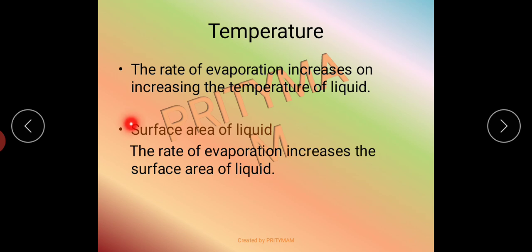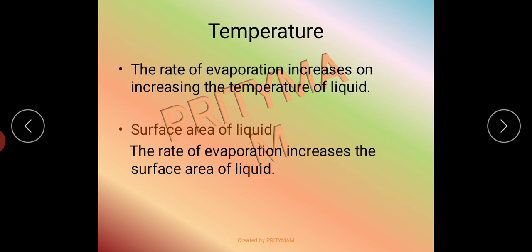Now let us discuss the second factor that affects evaporation, and it is the surface area of a liquid. Students, the rate of evaporation increases with the surface area of the liquid. If there is an increase in the surface area, then the rate of evaporation also increases. So if the surface area of a liquid exposed to the air is increased, the rate of evaporation of the